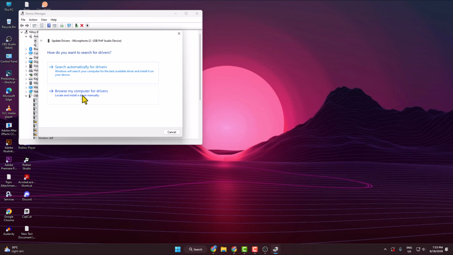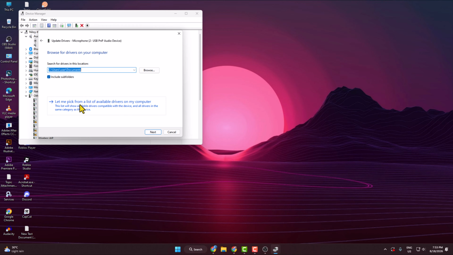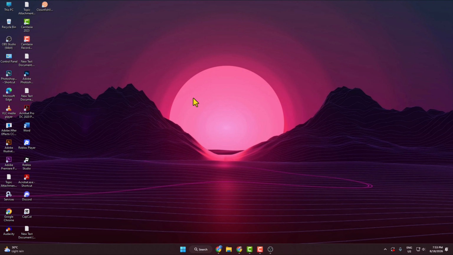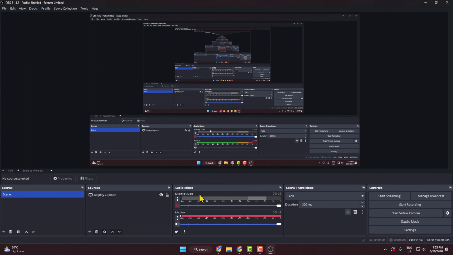I'm selecting Browse my computer for drivers. And here, click on Let me pick from a list of available drivers on my computer. And select your microphone, click on next and go ahead and update your microphone driver. After updating your driver, go to your OBS Studio and come to this audio mixer section and check your microphone